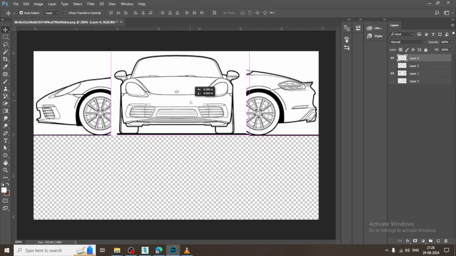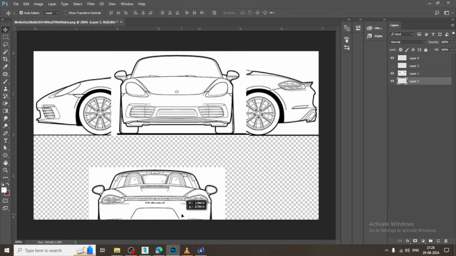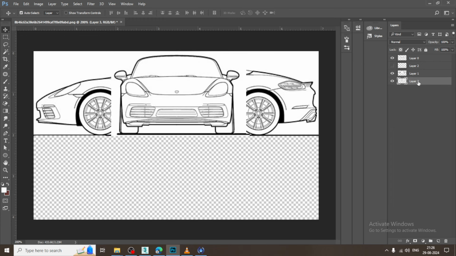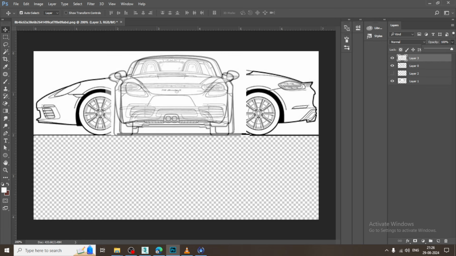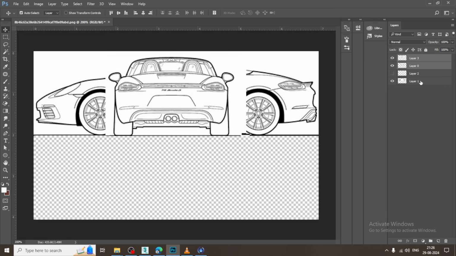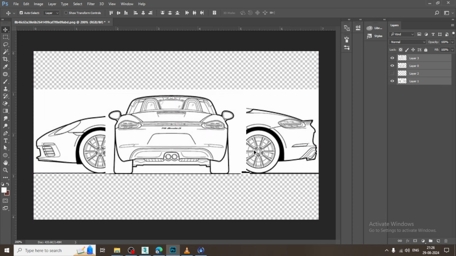We need to make sure that it is matching over here. Yeah, it's matching. Again you can take this other view and we can just put it on top of it and see it's matching. Yes, it's matching. So I can just take these 3 layers over here